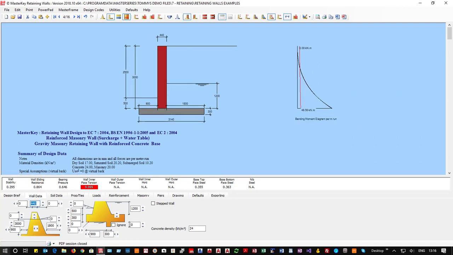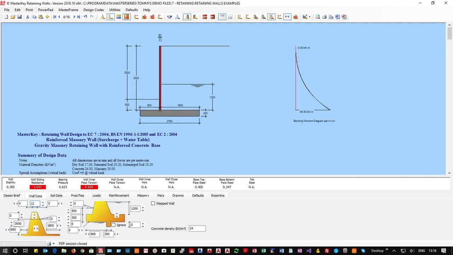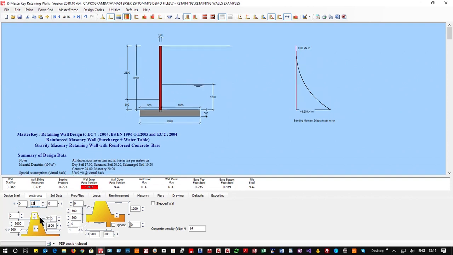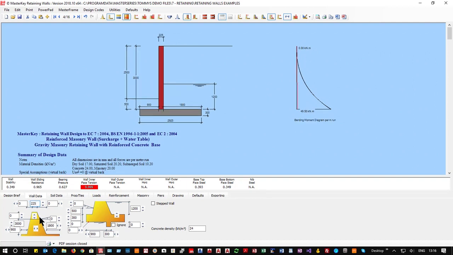As you know, it would probably need to be at least 1200 wide to work, and we're still getting this tension force in that face. So they don't work very well, as you know. If I went back to my 225,